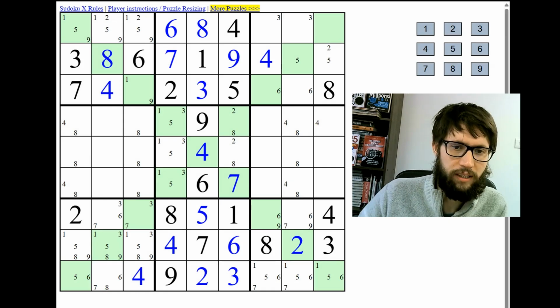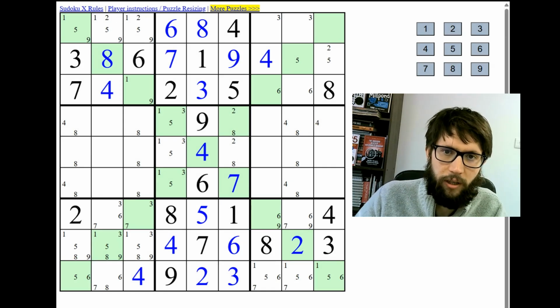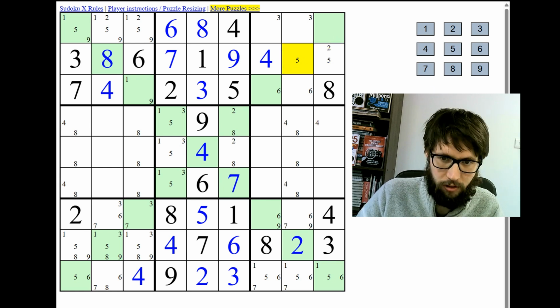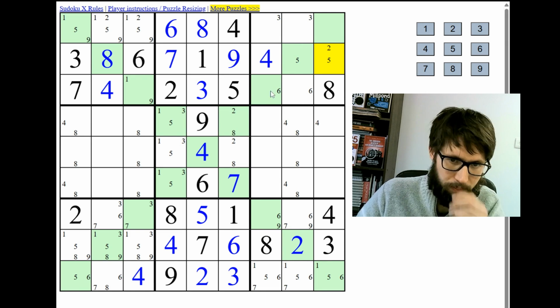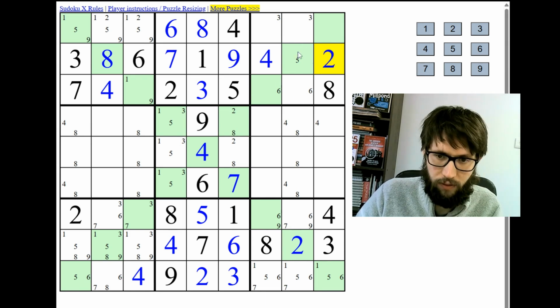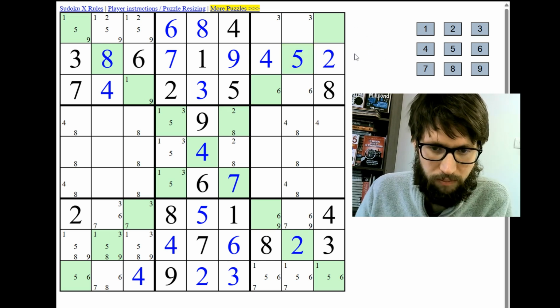Okay, I stalled a little bit, but I think I made a breakthrough. Hopefully this will be the start of a good run. So there can only be a 5 in this square, and there can only be a 2 in this square. So let's put those in. 2 is cut off. This prevents it from going anywhere else, I believe. I could be wrong, but I think that's right. So the 2 goes there and the 5 goes there, which means we should be able to make some further